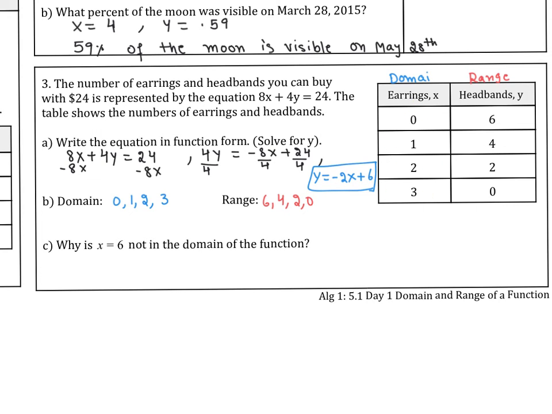All the x values are called your domain. All the y values are your range. Why is x equals 6 not in the domain of the function? The y, or output, of headbands